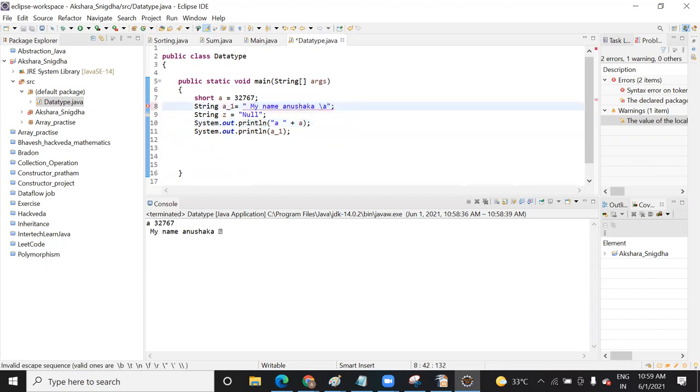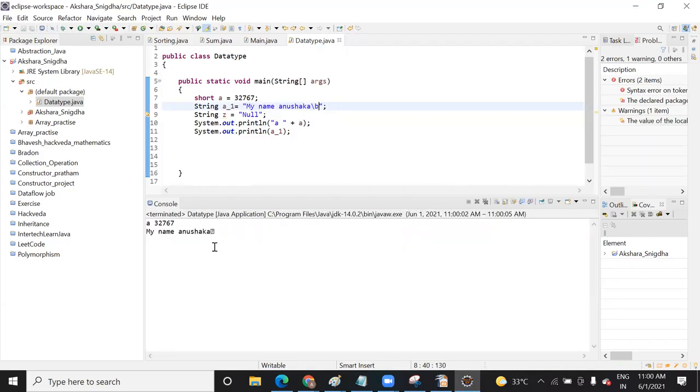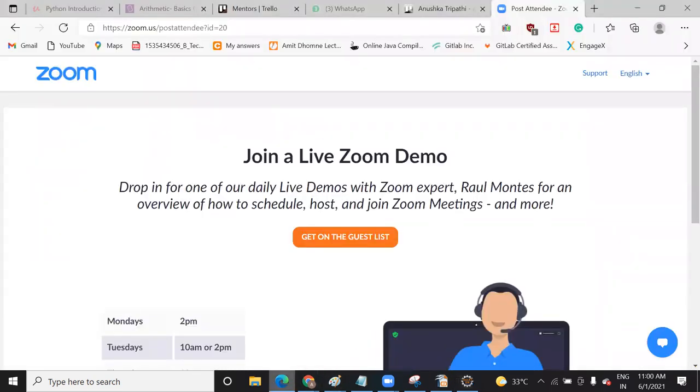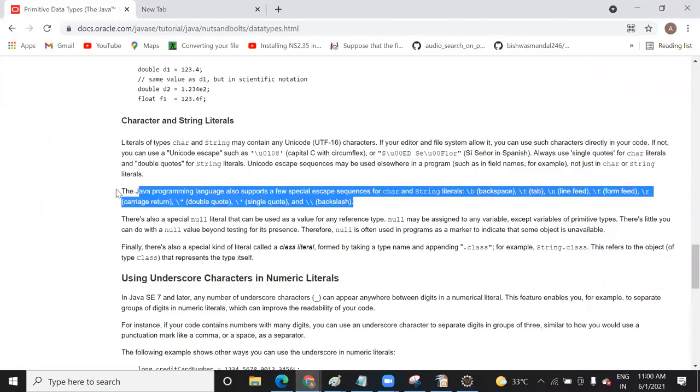Slash A is an alert kind of thing, but it is not supported here. In C there is slash A for alert; it makes a sound when you run it. But in Java it's not there, I think. I will check it once again and update you in the next class.